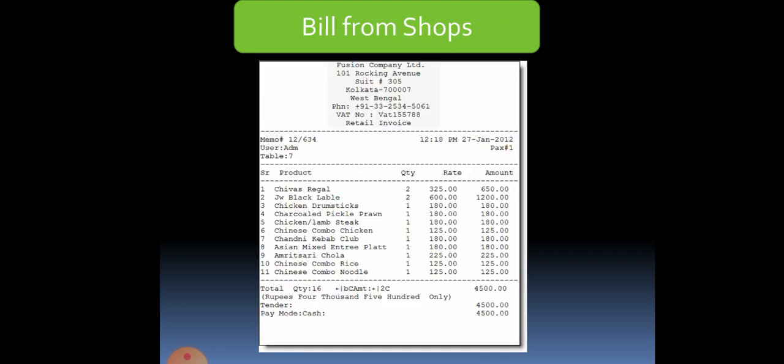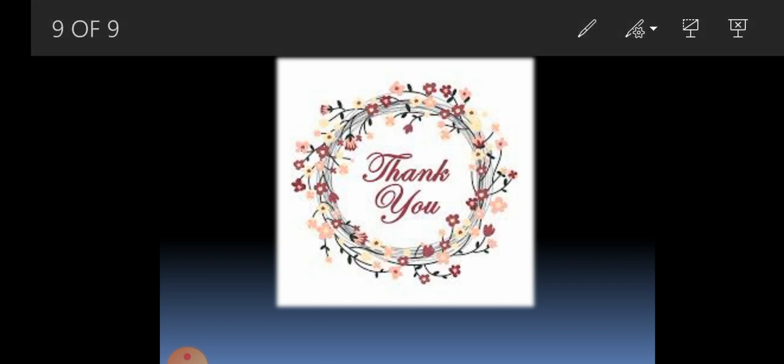Yes. Your bill from the shop: the number of items, what items you got, how much quantity, what is the cost of each one, what is the total price. Everything will be prepared in this bill. This is done with the help of a computer. No matter how many things you buy, your computer will make everything within a second. Your computer can make a bill within seconds. Got it, children? Okay, in shops and restaurants, computers are used to make bills.